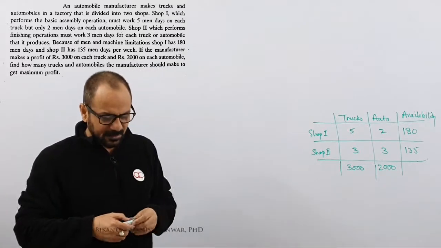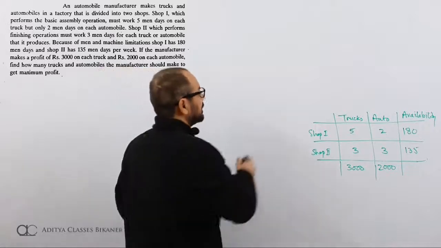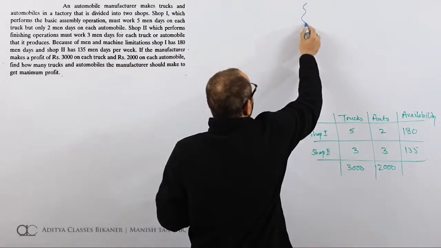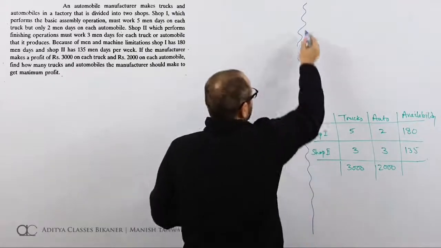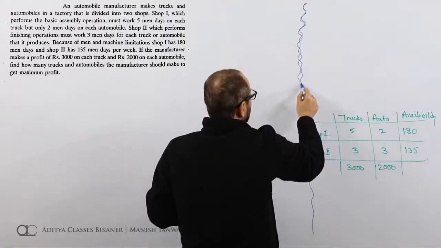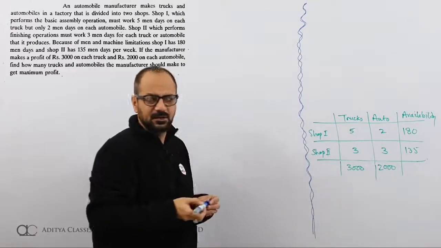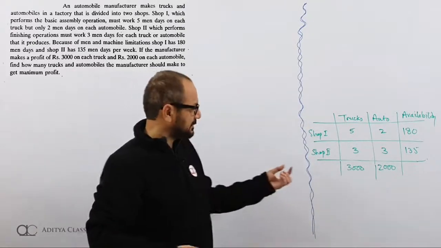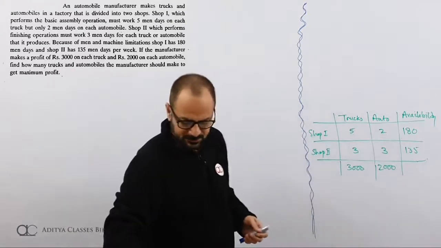Now if you remember our basic formulation, the basic formulation suggests that on either of the axes we have our objective function, and we start coding or formulation of our problem from that objective function. Where is our objective function in this case? Either the objective function will be 3,000 and 2,000, these are profits.